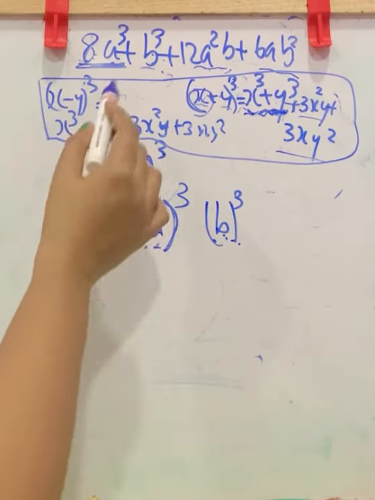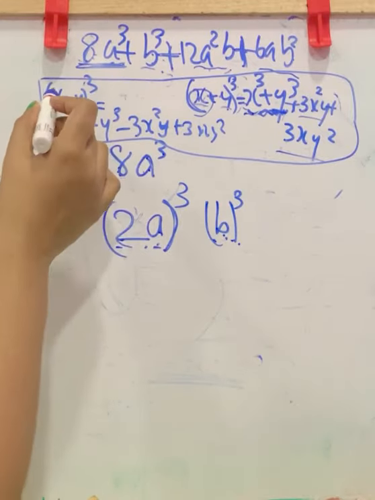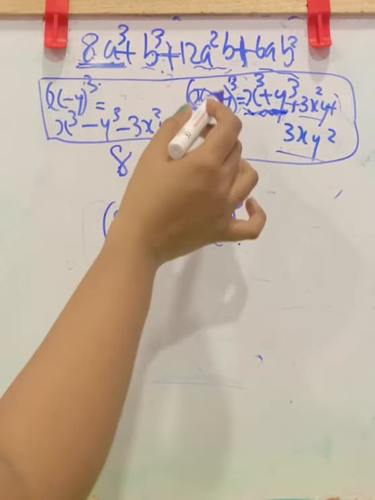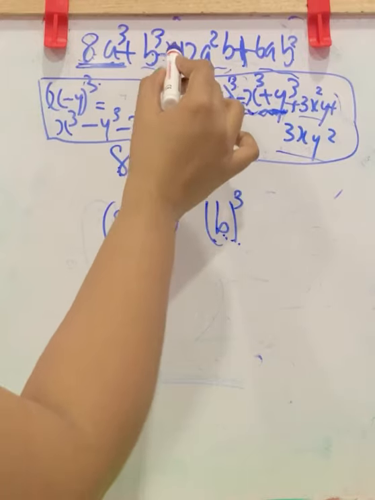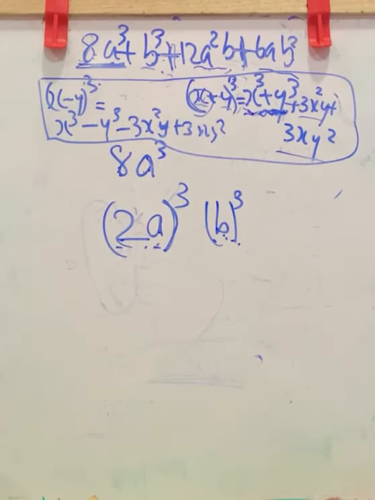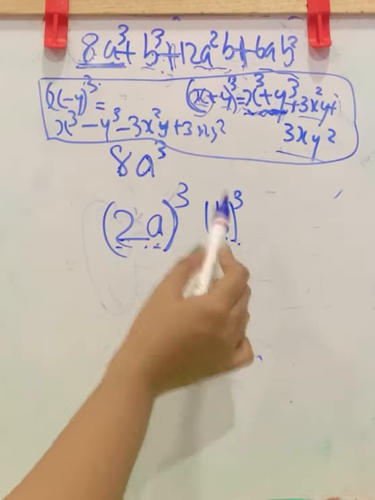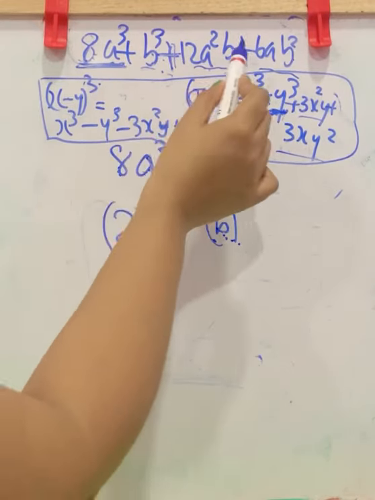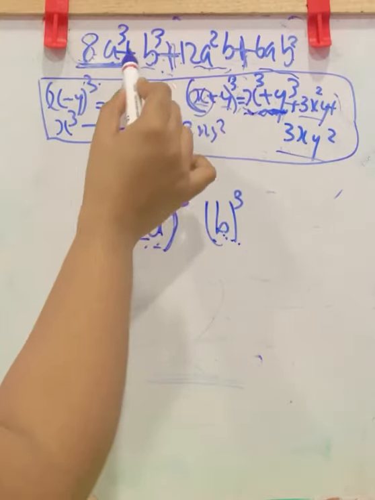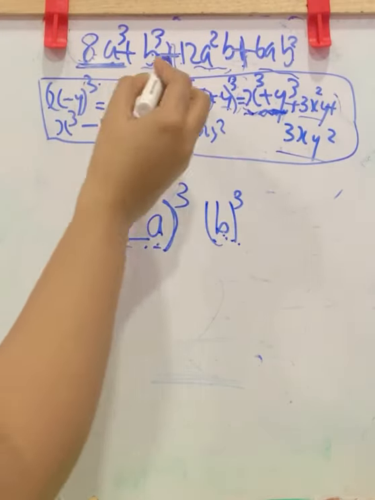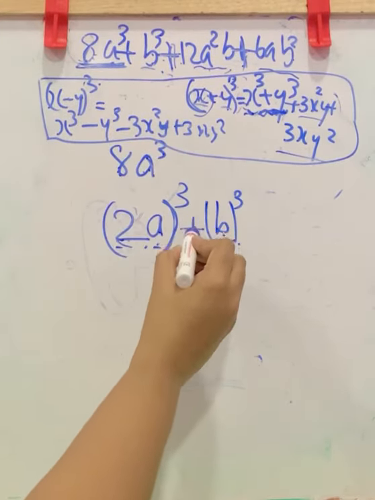Now we don't know which is here. So for finding the signs, that is, whether it is x minus y whole cube or x plus y whole cube, you want to check these signs. From these two terms you will get which is x and which is y. For signs you want to consider the symbols here. Is it addition or subtraction? Here all are addition, so you can simply write this.